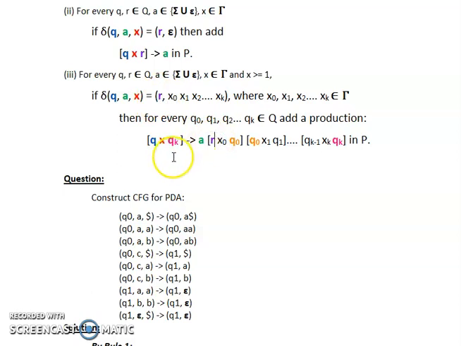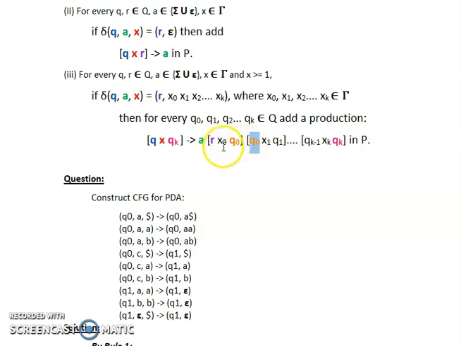Now one thing, for the state which is present in our transition, that is Qk, we must keep in mind that in the production rule, it has to be the last element. That means the Qk over here has to be the same over here also. Now one more thing to note is that for each and every production, the ending state Q0 has to be the starting state for the next rule, that is Q0 over here. So the ending of the first and the starting of the second have to be the same.